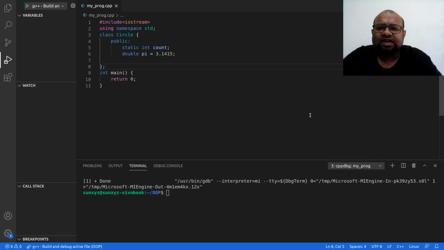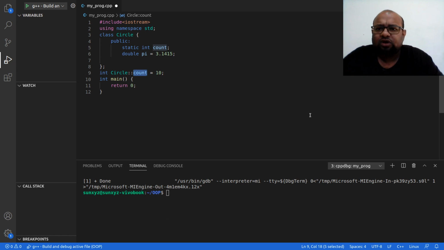Now I need to initialize this count. What I will do is this, very interesting. Let me initialize it to 10. So now I have initialized count to 10, and this is very interesting. In order to initialize count to 10, I wrote the name of the class to which this static variable belongs.